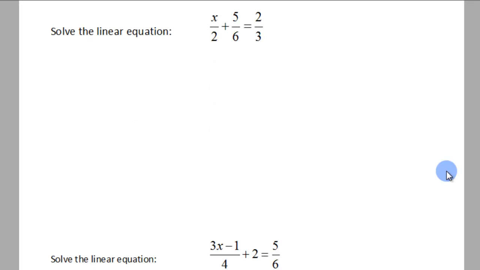Here we're going to solve linear equations that have fractions in them. So they look a little harder, but really what you need to do is just what we call clear the fraction. So here's an equation. It's got these fractions in here. So what we do is we find the LCD